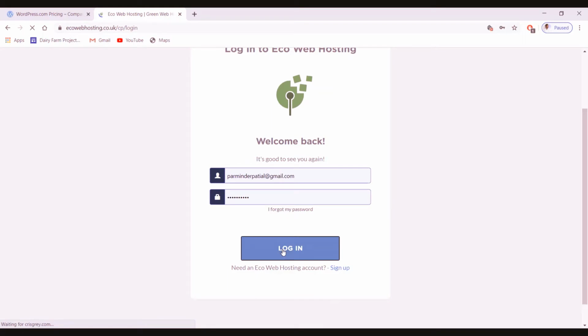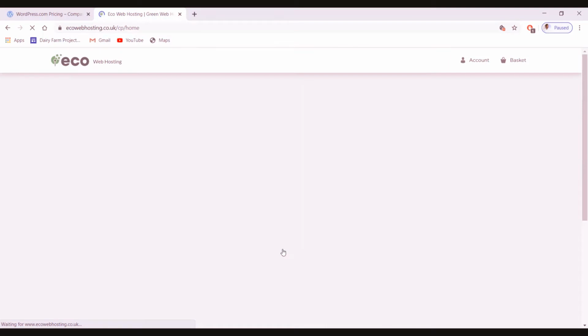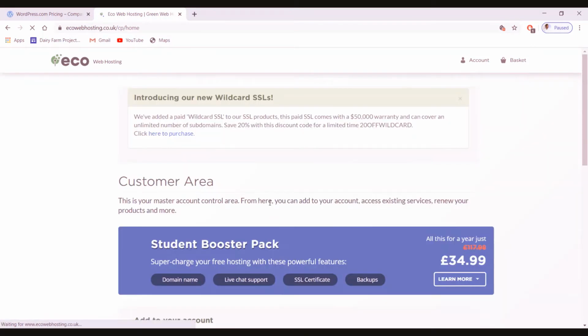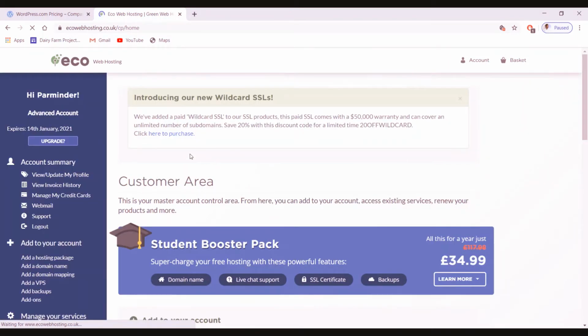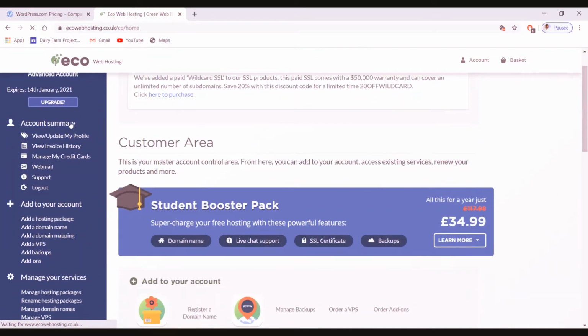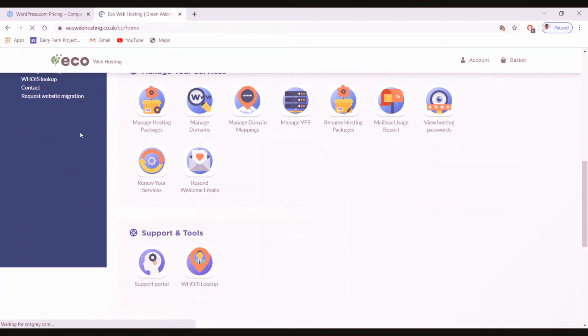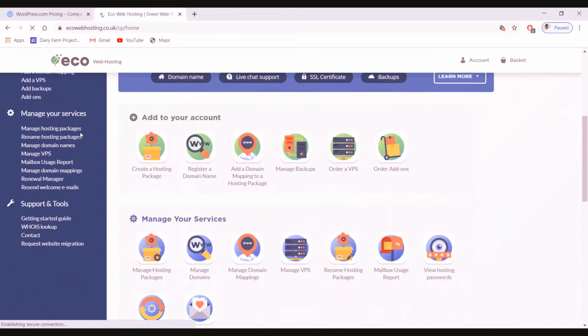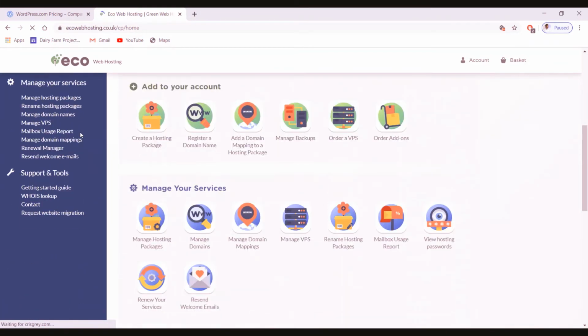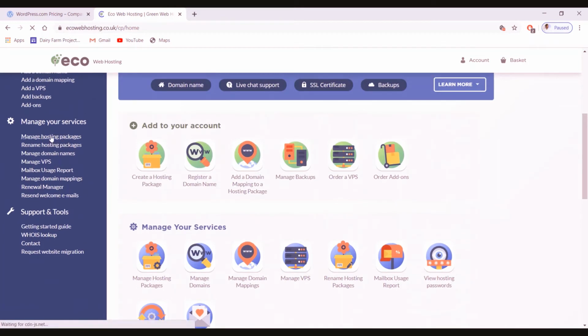After entering your credentials, you simply have to click log on here. Then you will be led to the dashboard of your hosting service provider. It may differ from provider to provider. In my case I will go to manage hosting package.